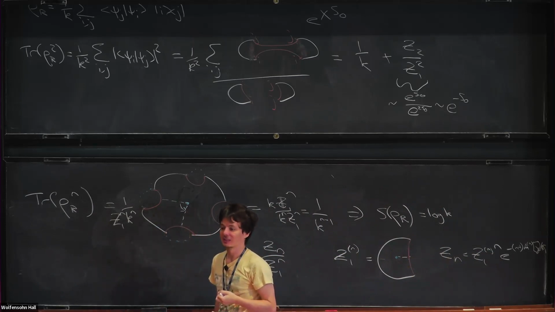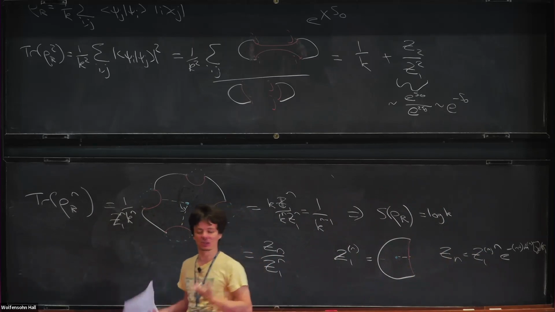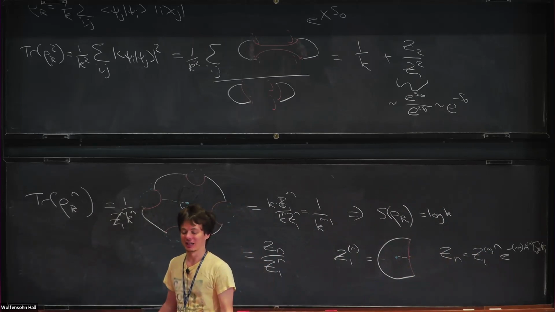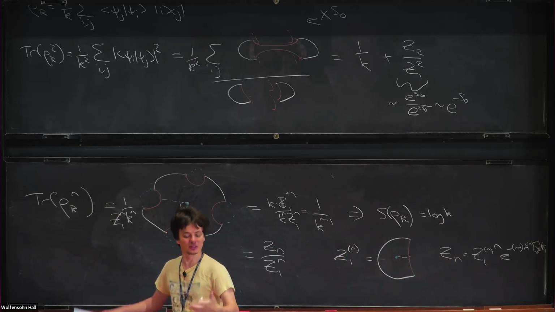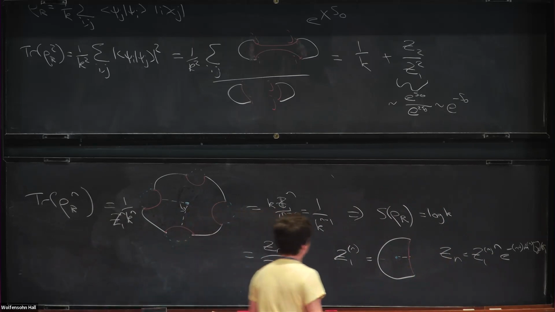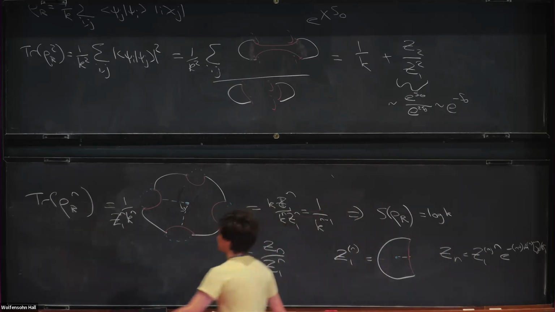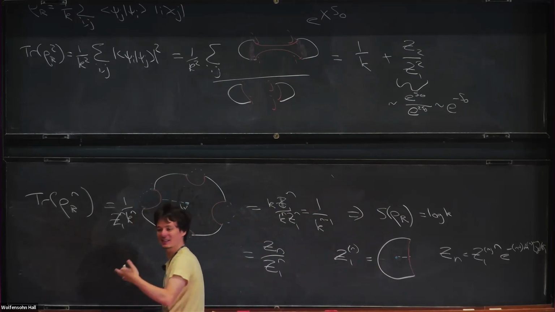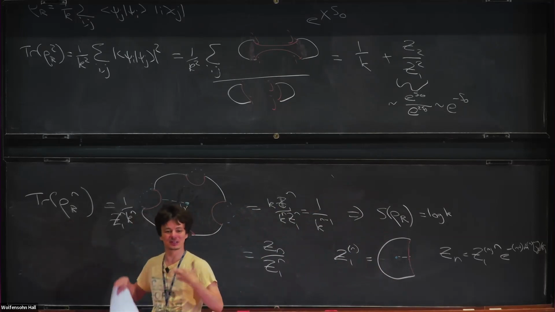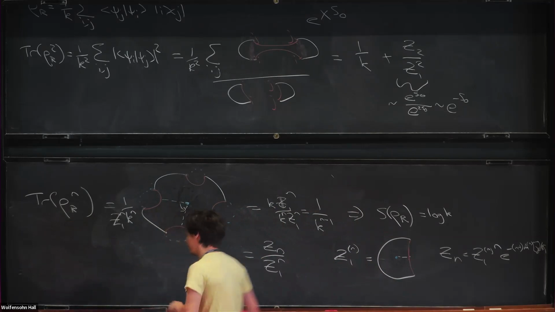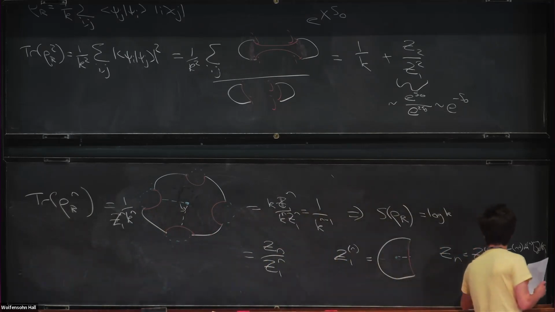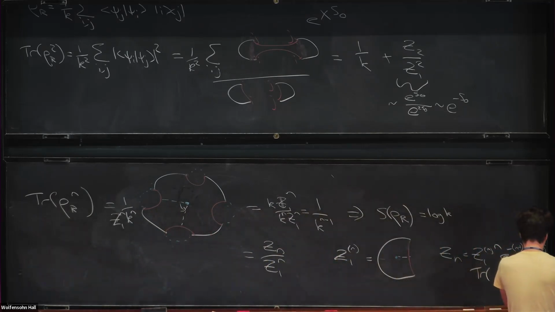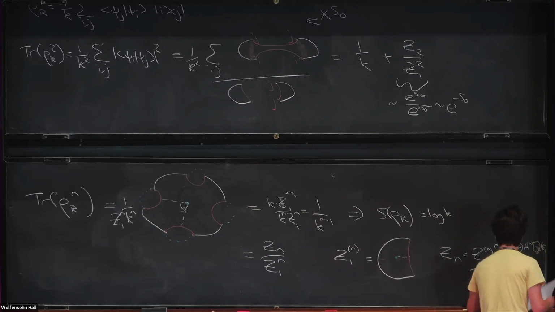So this is actually doing a replica trick calculation for the quantum fields in this background. It's exactly the same thing we're doing here, just for quantum fields in the bulk quantum gravity. So there's an extra factor of trace of rho bulk to the n,